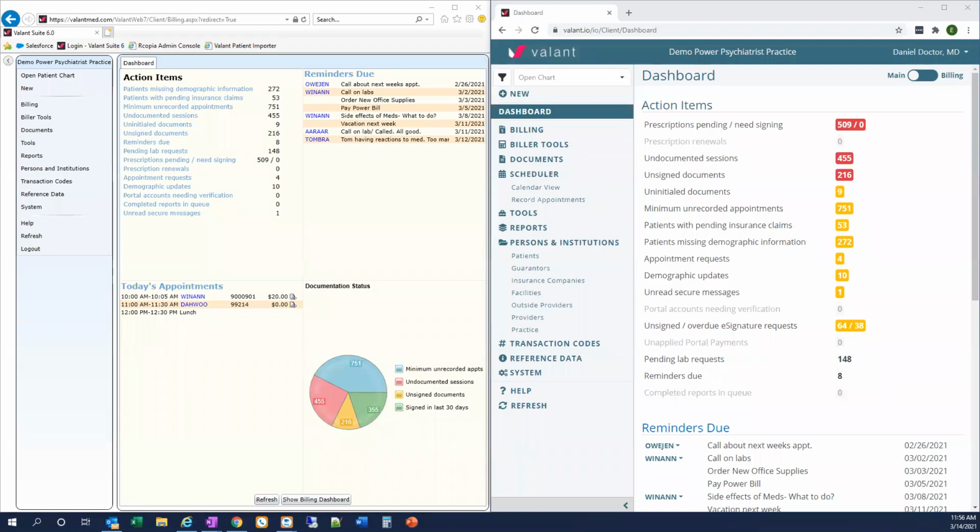In this video, we're going to review some differences on the scheduler between Valant Private Practice Suite and Valant IO. We'll compare both interfaces side by side to highlight updates to the look and feel of the system and familiarize you with Valant IO. But first, I want to ease any concerns you might have about learning a whole new